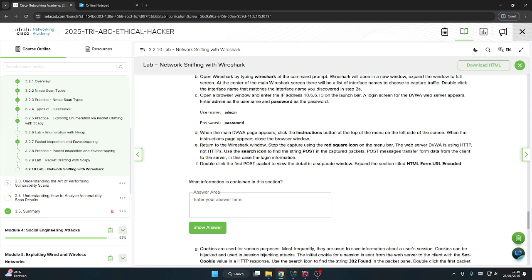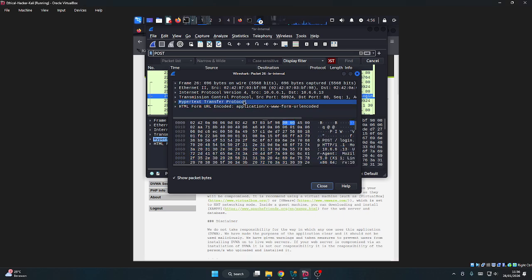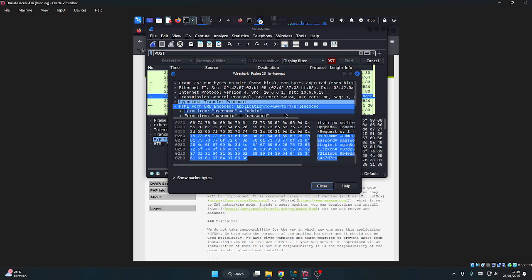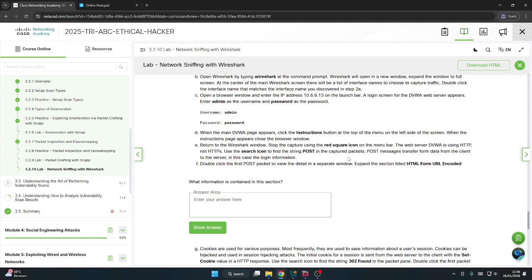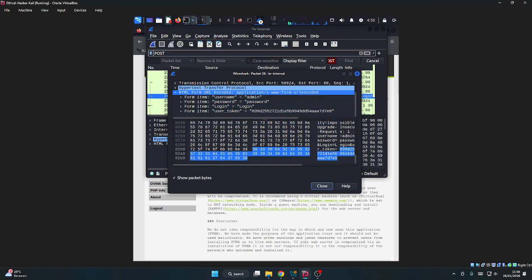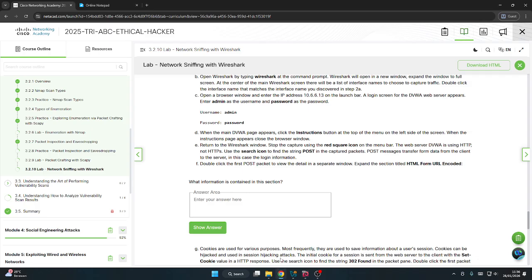Expand the section of HTML form URL-encoded data, and we can see the information about the login. It's admin and password. The information in this section is name, username, and password.